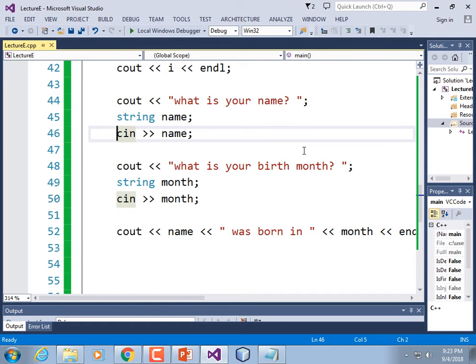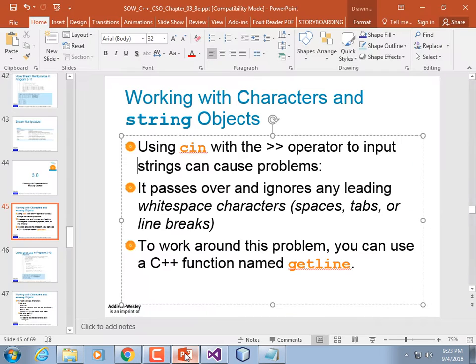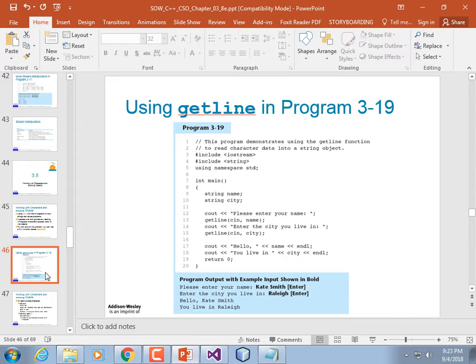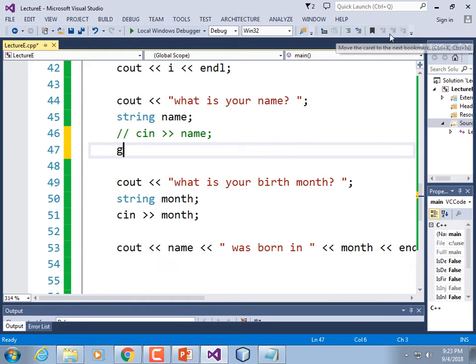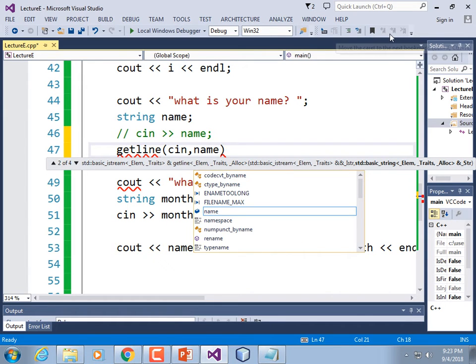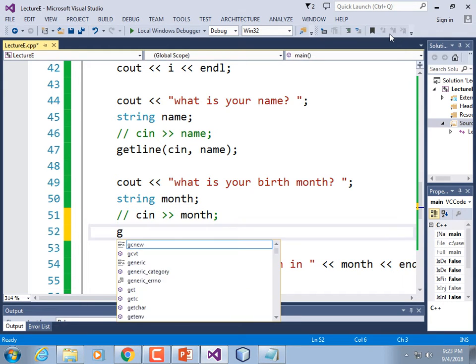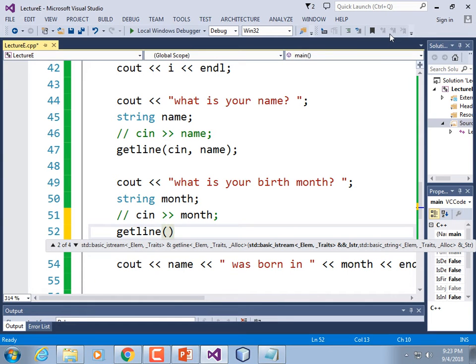I'm going to comment this out, cin arrow name, so that I can fill it with the correct syntax. Let me make sure I get this syntax correct. getline, parentheses, cin, comma, name. And then I'm going to comment out this one as well. The cin arrow month, I'm going to replace it with a similar syntax. getline, parentheses, cin, comma, month,